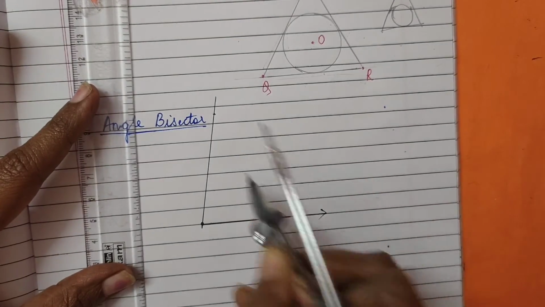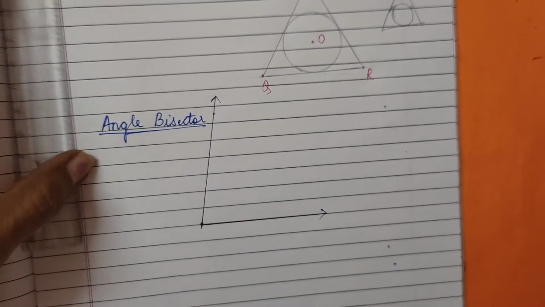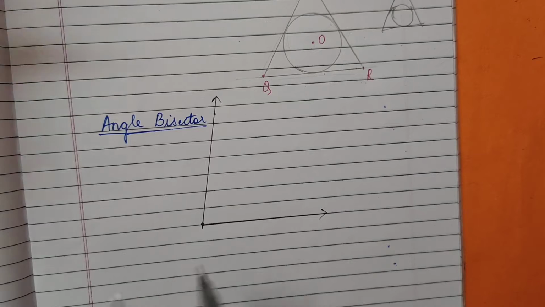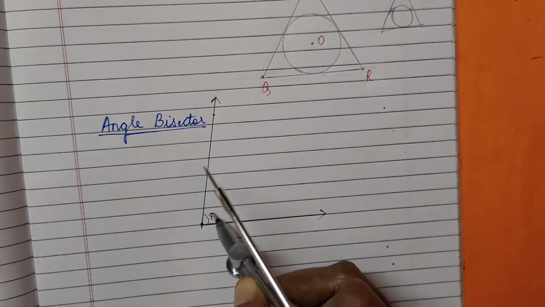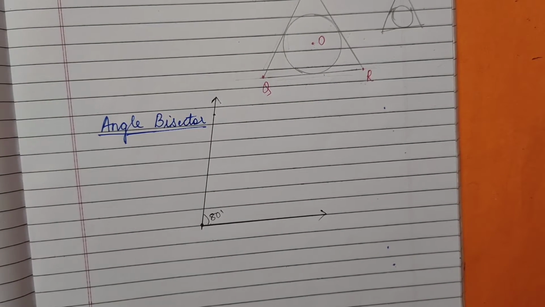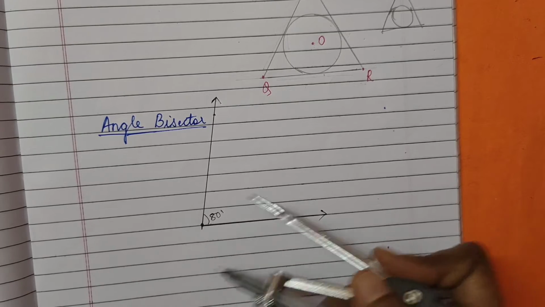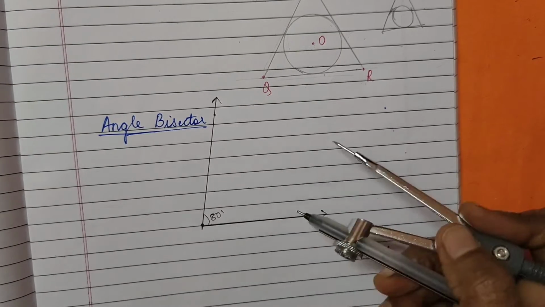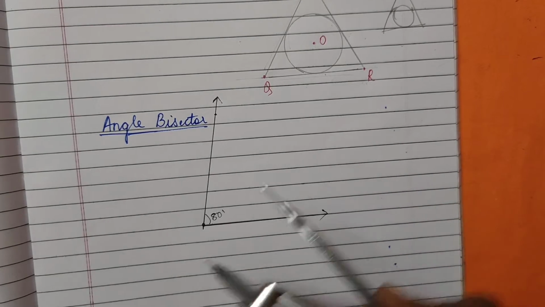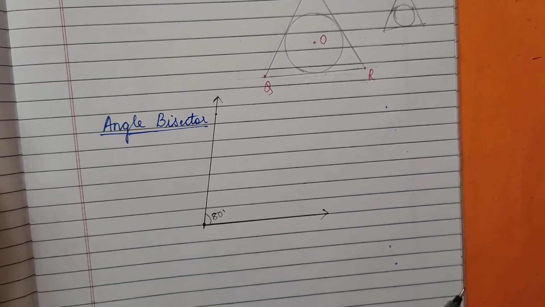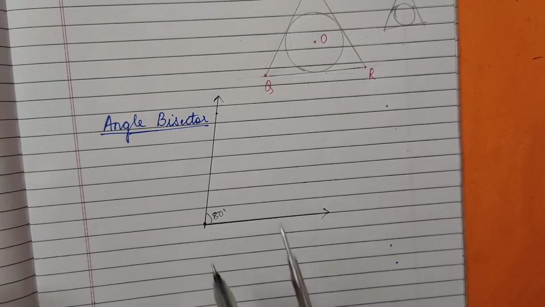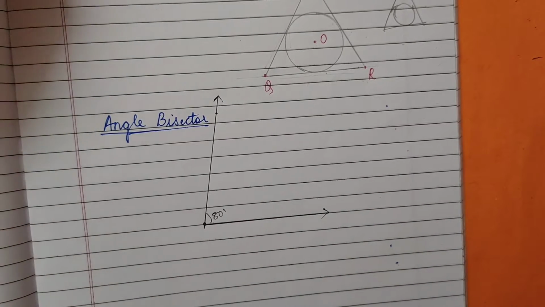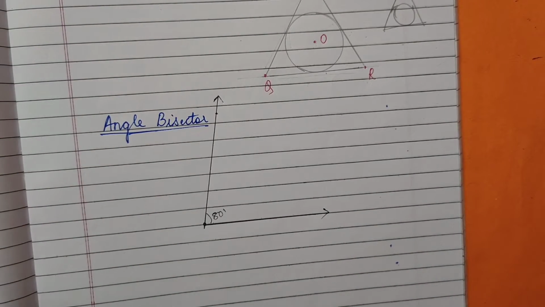Now we are supposed to show how to bisect this angle. ये एंगल कितना डिग्री का है? 80 डिग्री का है. बाइसेक्ट करना है. बाइसेक्ट मीन्स क्या है? The ray or line which is going to pass through, it's going to cut this 80 degree equally. That means 40 degree में होगा. तो हमें वो कंस्ट्रक्ट करना है. तो इसके लिए कैसे करना है?